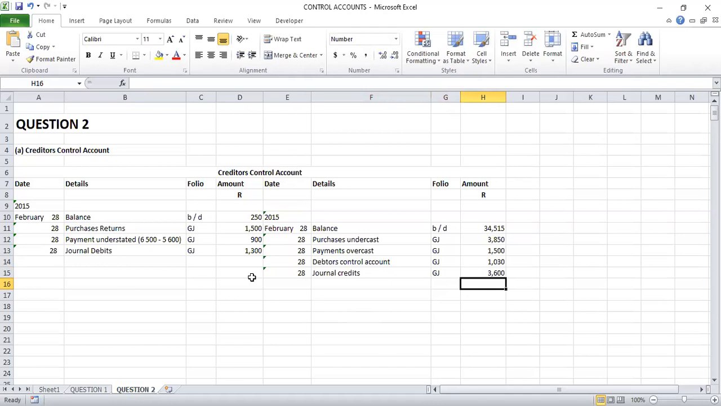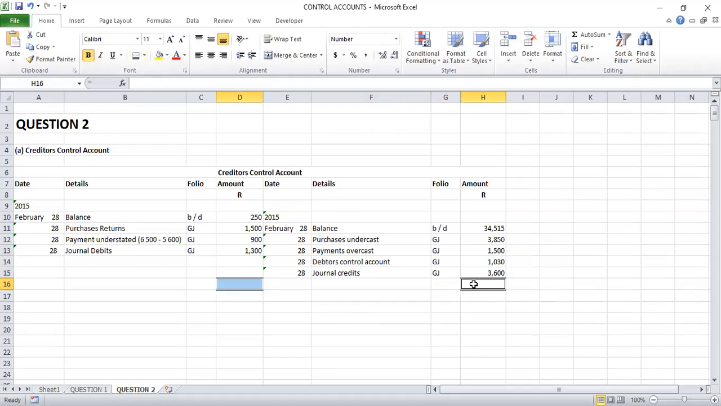To balance your account, you check which side is larger. And definitely our credit side is larger. Normally, our credit side is always larger in the creditors control account. So we find the sum. That same total, we enter it on the debit side. Remember, when balancing an account, the bigger total is entered on both sides in the same line. Then on the smaller side,